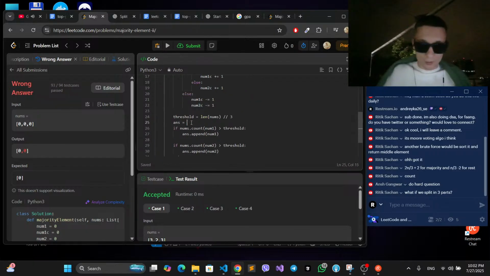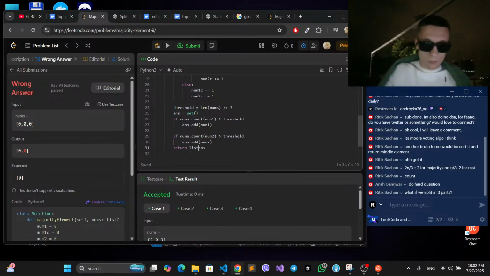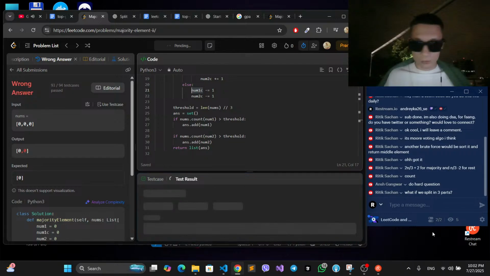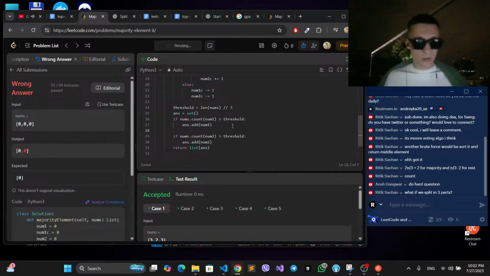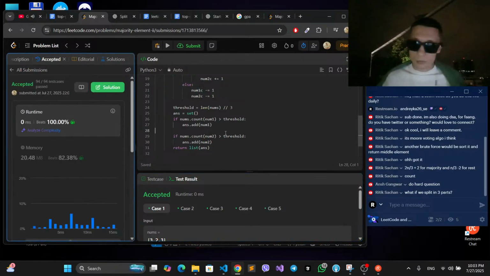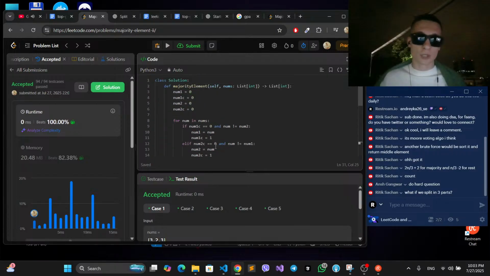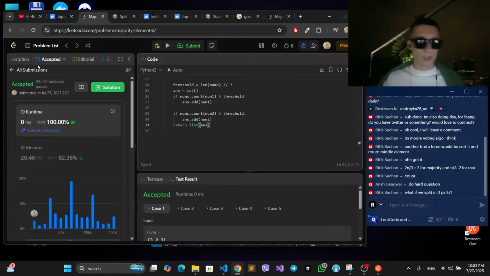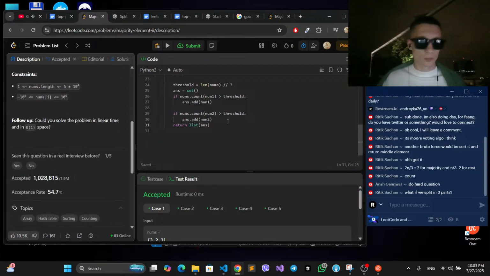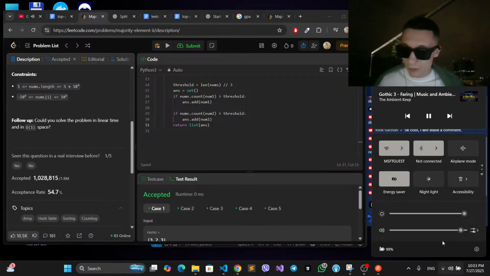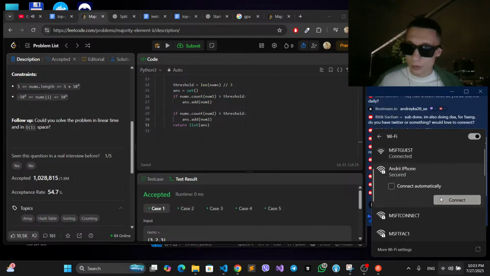Oh my god. Please don't do this to me. Yes. Okay, we solved it. Nice. With counting algorithm, 0 extra space, guys. So we did it with the Boyer-Moore algorithm. So now I'm just gonna switch to my personal hotspot. And if